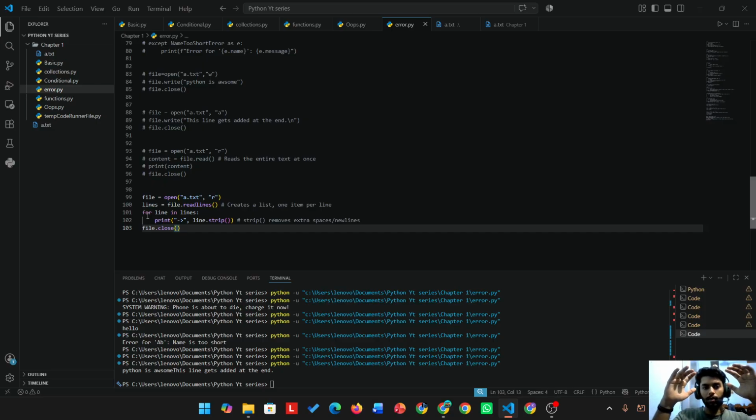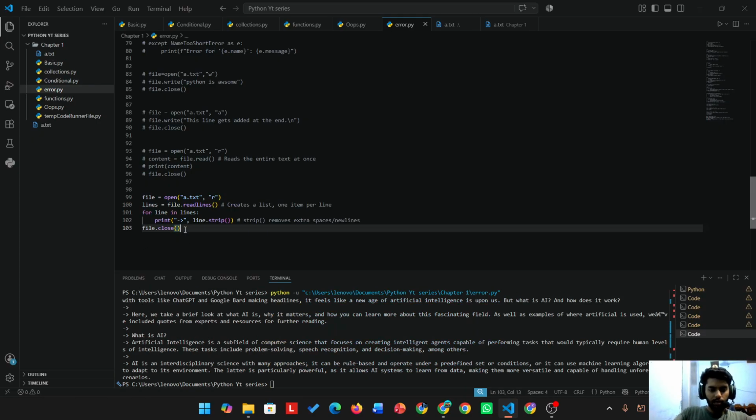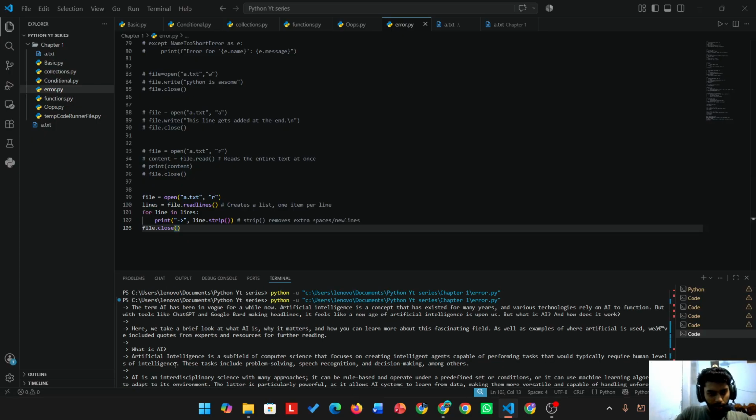Okay, this is like we discussed in the previous lectures also. For loop, okay, so one item at a time. So this is the lines. We are taking line in that and printing line.strip. Strip simply removes the extra spaces. So at last, file close. If we run this, see,